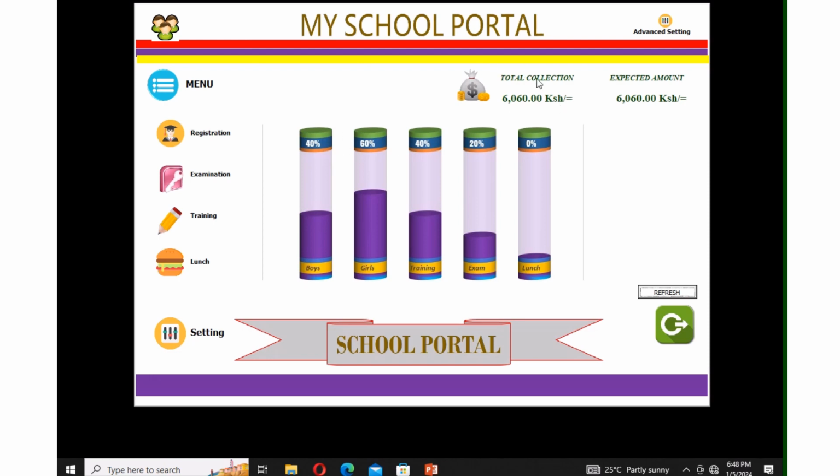Yeah, you can use it to check the difference between the expected amount of money and the total collection of the entire school. So now we refresh and it is fine. So the other thing, so we have seen you can do payment in examination, you can do payment in training, you can do payment in